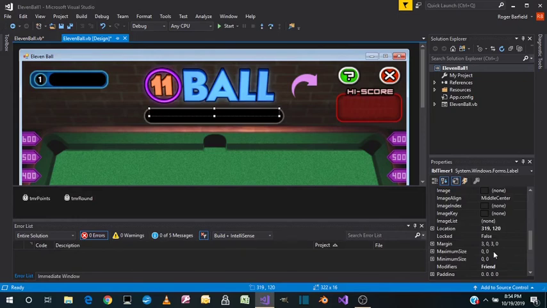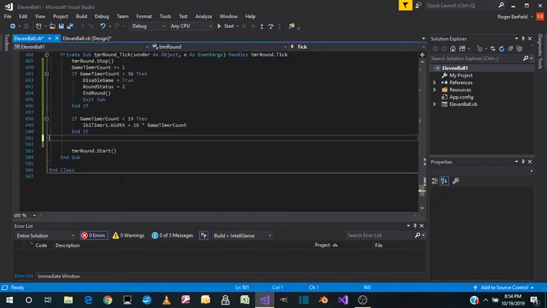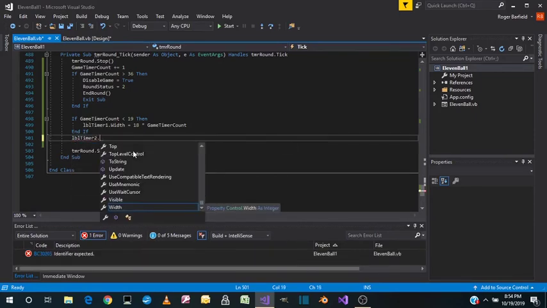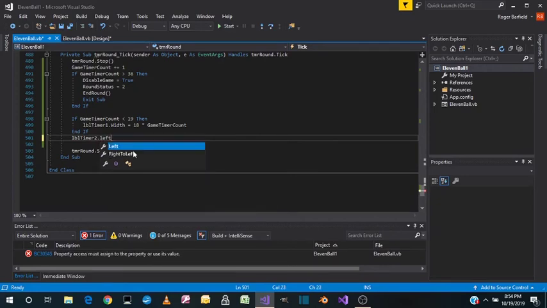So that means that at the very end, that's 641. So, label timer 2 dot left equals 641